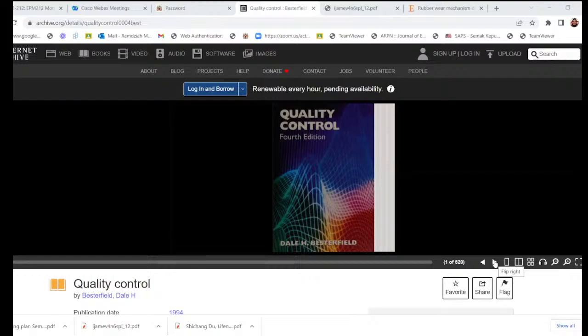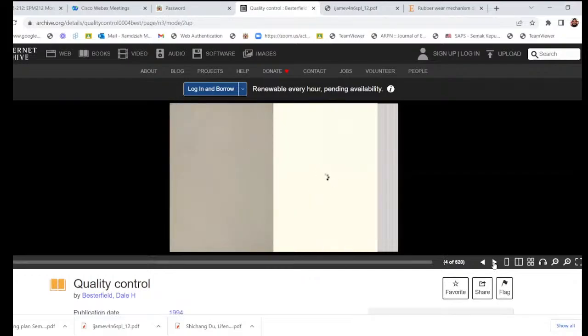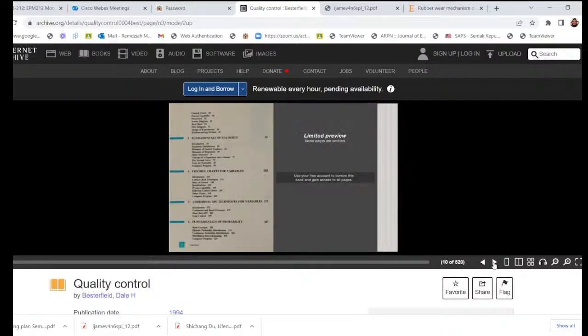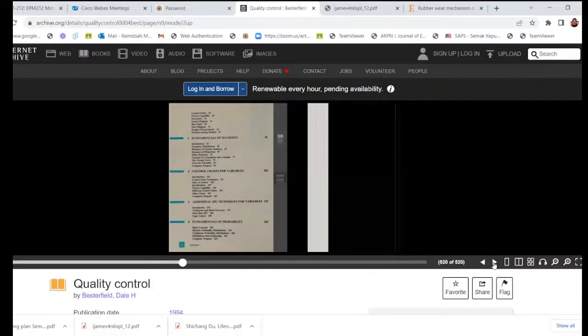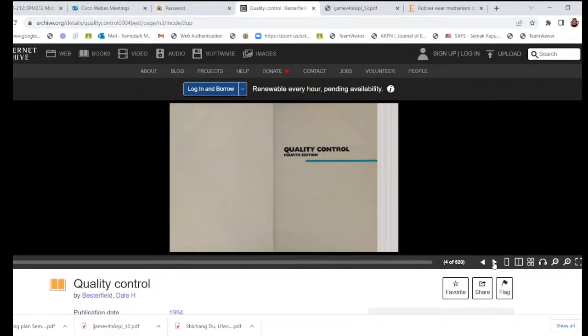If you browse through these ebooks, they are actually very easy to use, okay? You just browse through the chapters that we can look at, and so on.